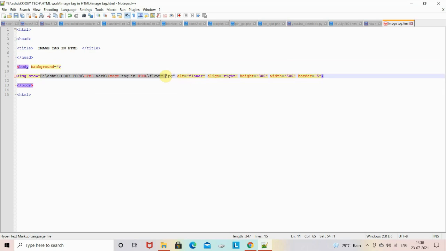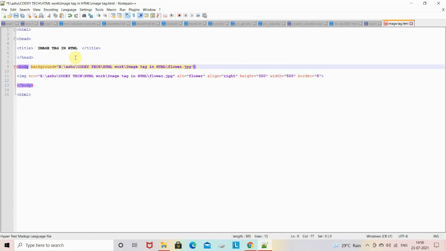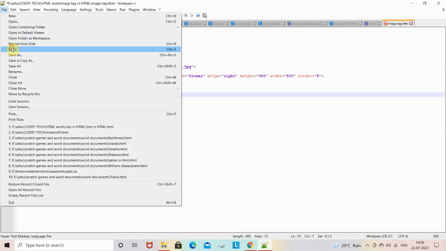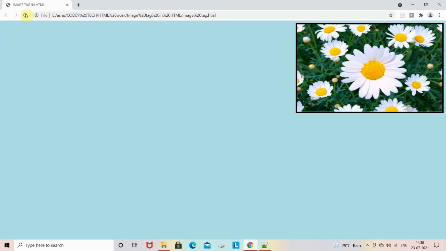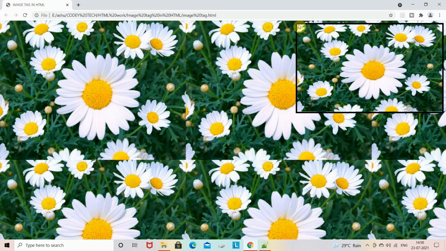I will just copy this address and paste it here. So I have pasted it, and now let me see the output. As you can see, the background of the web page has turned to the image which I have inserted.